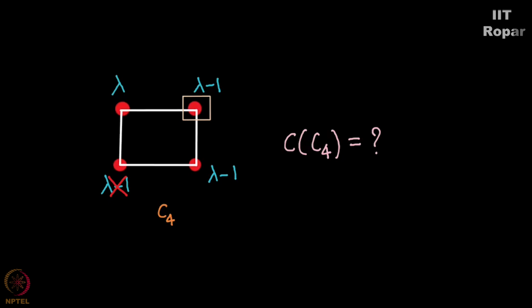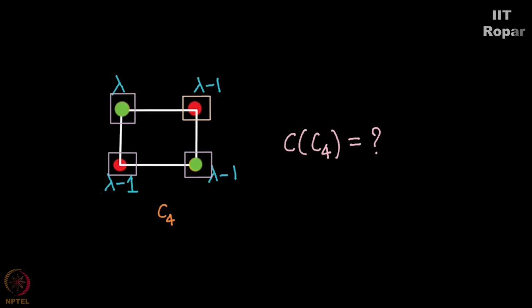This person here gets a color, this person here gets a color. The first vertex and the third vertex. If they both are different, then you have lambda minus 2 choices for the fourth vertex. If they both are the same, then you have lambda minus 1 choices. You see what I'm saying? The number of choices for this last vertex depends on what was the color of the first and the third vertex. Now you cannot solve this problem simply by putting lambda minus 1 or lambda minus 2 here. Right? You should do something else here. What is that something else?